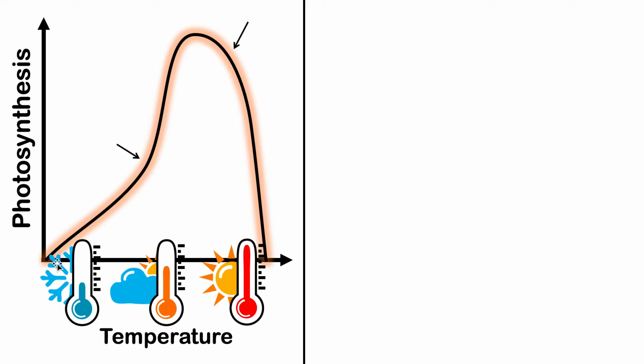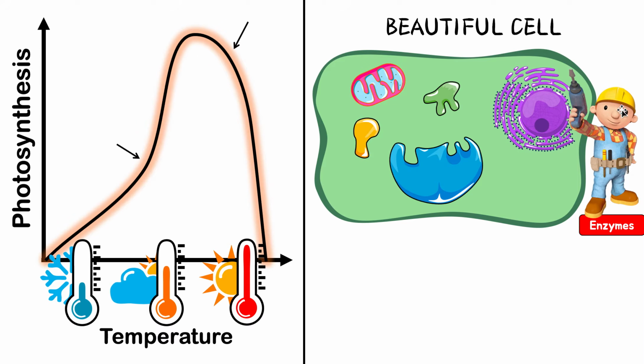Next one, temperature. We can see from this graph, it's a bit different from the other two. As we increase temperature, things happen here. We know photosynthesis has a lot of reactions with a lot of enzymes, and we know each enzyme is just like a working man. Let me show you here. It's like Bob the Builder. It's going to build things. It's going to make reactions happen.